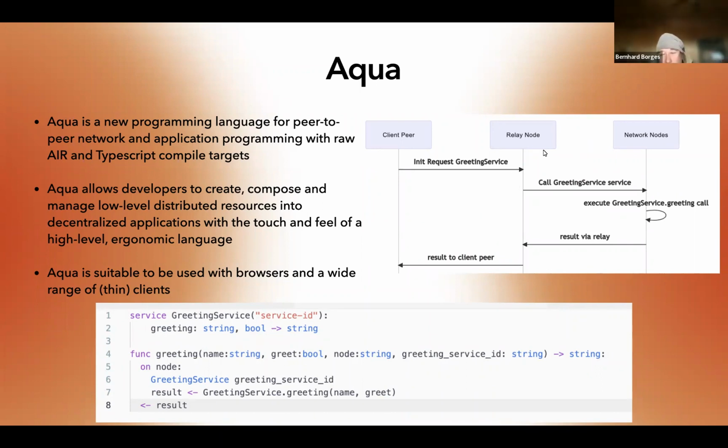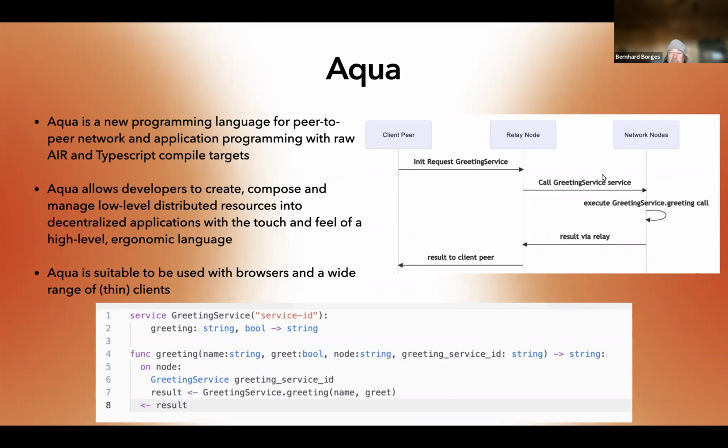The discovery inherent in the peer-to-peer network basically gets you to whatever node hosts that service we talked about, which is this node with this service, but the service has this service ID, and we call this. So the Aqua VM now executes through this compiled part. It knows we need to go here.